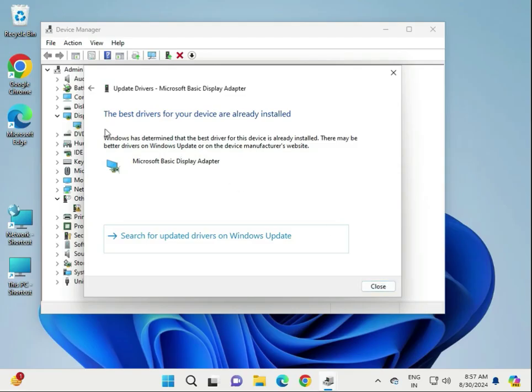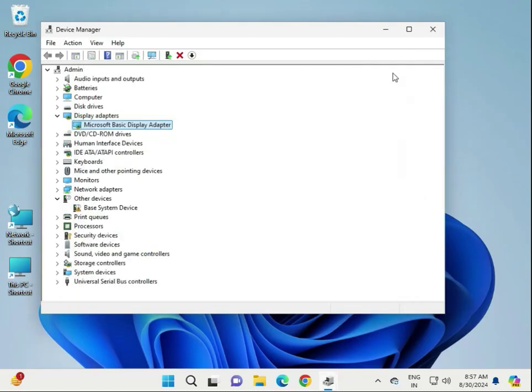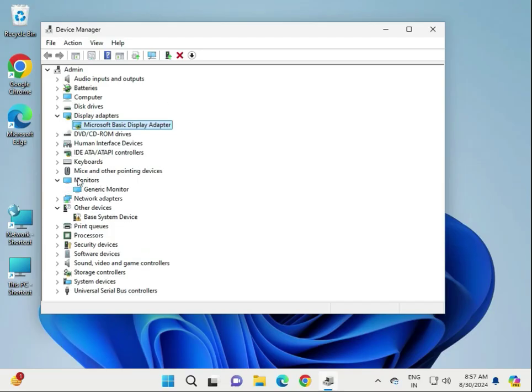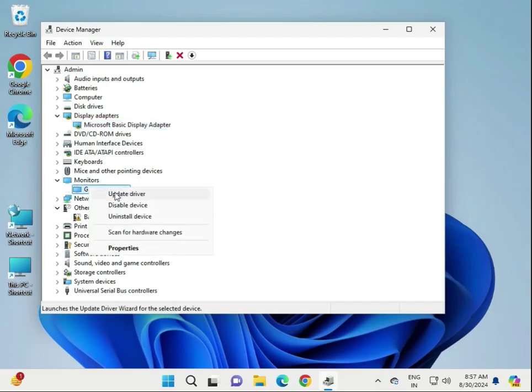Okay, and if it says the best driver is already installed in your system, so go to the official website of your graphic card and motherboard, download the display driver and then install it. Okay, and next try to this monitor update,